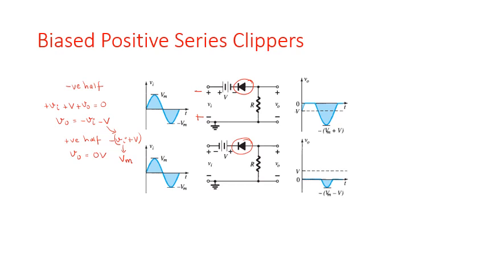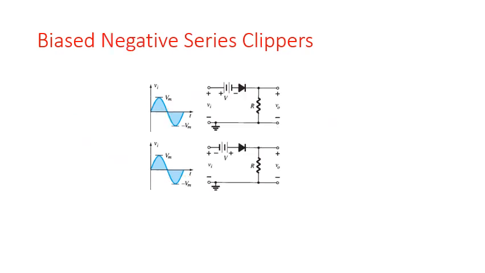Shortcut method of drawing these waveforms, when you are drawing this is plus V. So you draw plus V over here. Okay, so at the output you should get this entire length of the waveform. Shortcut method over here, this is minus V. So you draw minus V over here, and at the output what you get is this much part of your waveform.